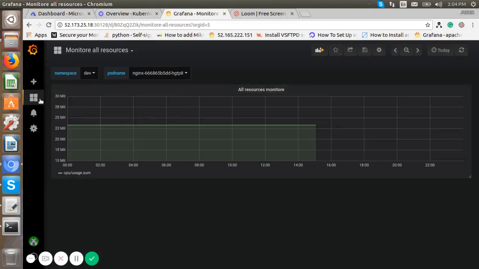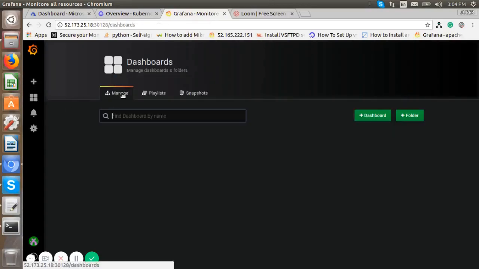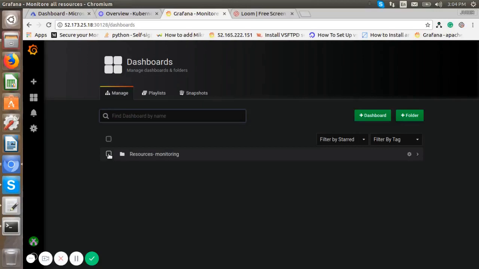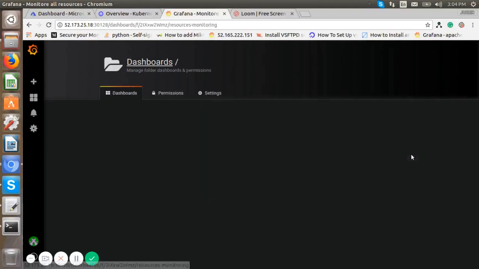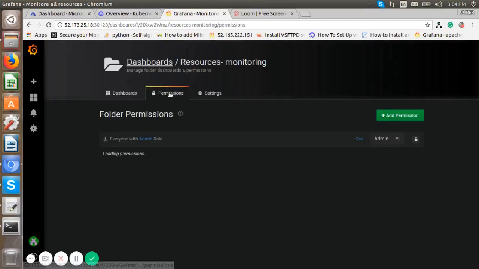Now the dashboard is saved. Now again we need to go to the folder and click into the settings option and set the permission for this dashboard.